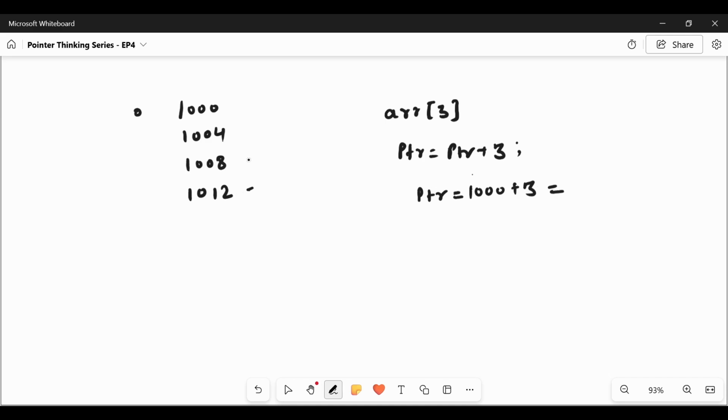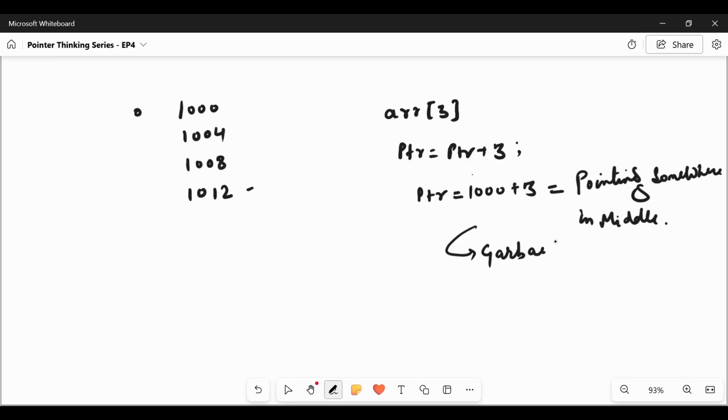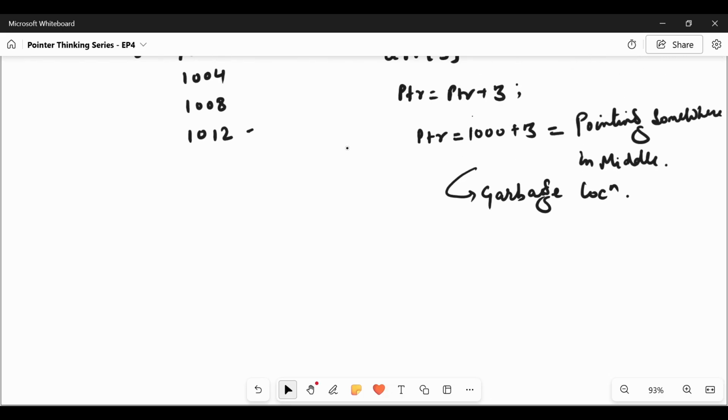That address does not exist. It will be pointing somewhere in the middle, which will be a garbage location for us. So we are not able to traverse the array without proper scaling, which is done by the compiler. Therefore we can say, with scaling, pointer arithmetic moves between objects, not between bytes.